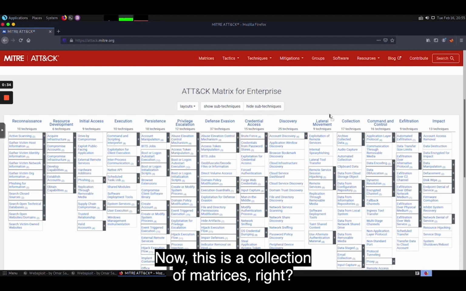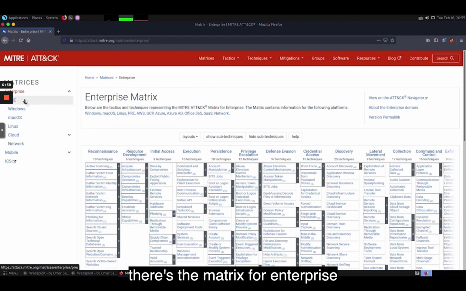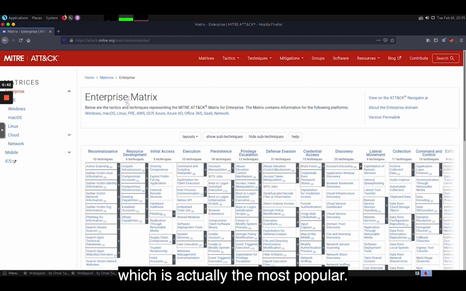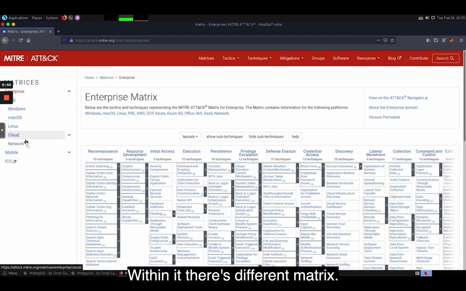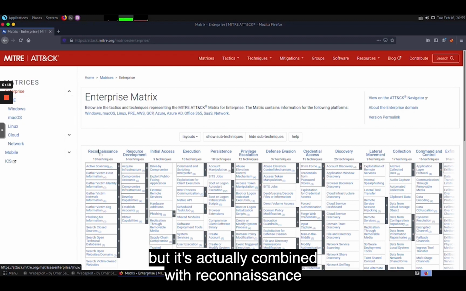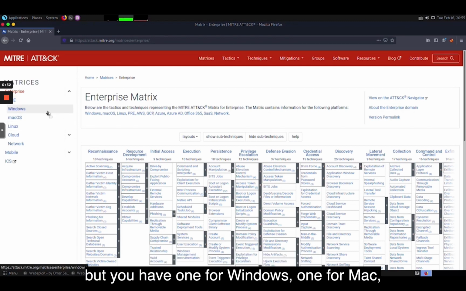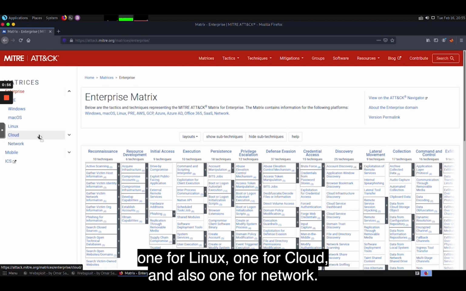Now, this is a collection of matrices, right? And there's several of them, as you see here. There's the matrix for enterprise, which is actually the most popular. Within it, there are different matrices, one for Windows, the pre-attack, but it's actually combined with reconnaissance, and we'll get to that in a second. But you have one for Windows, one for Mac, one for Linux, one for cloud, and